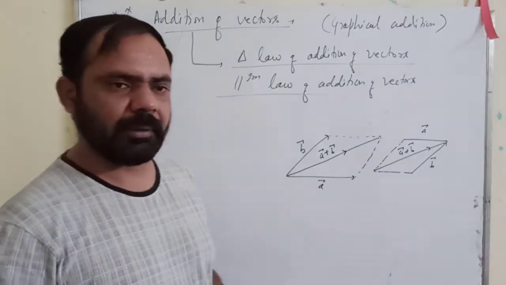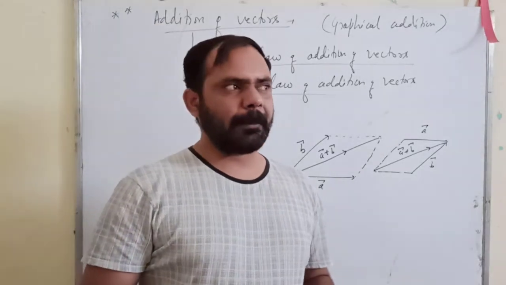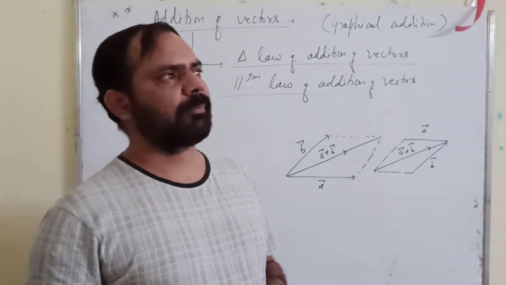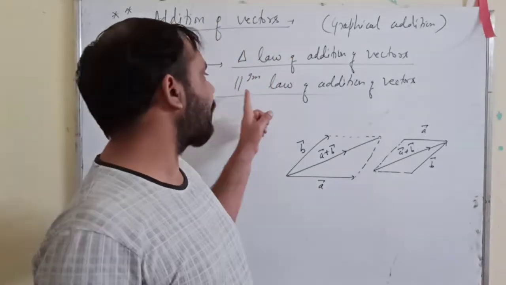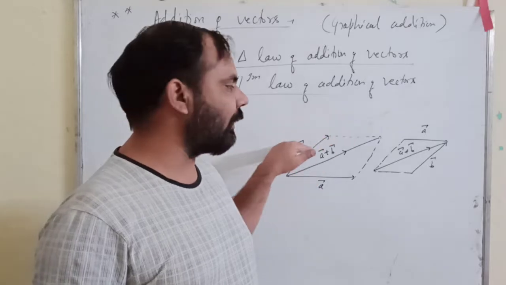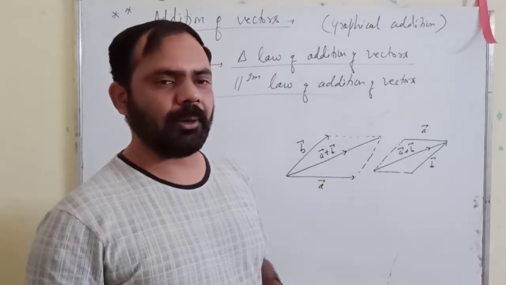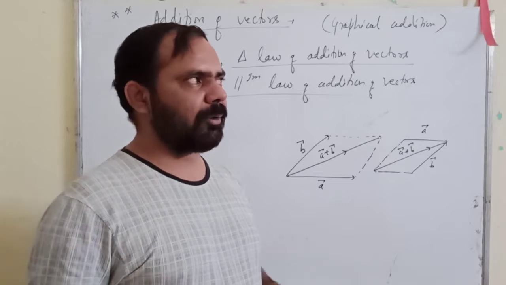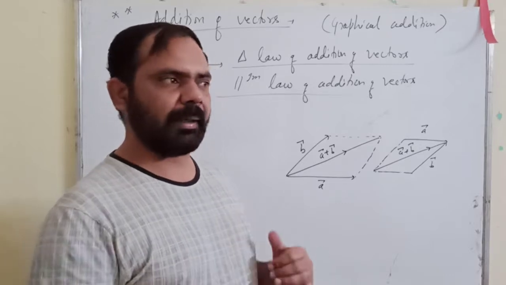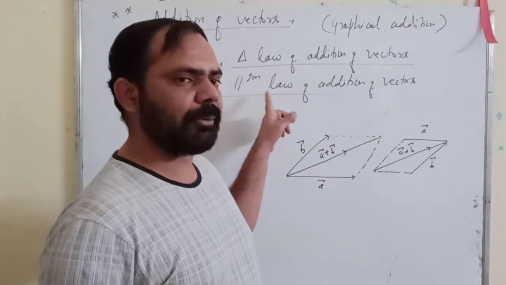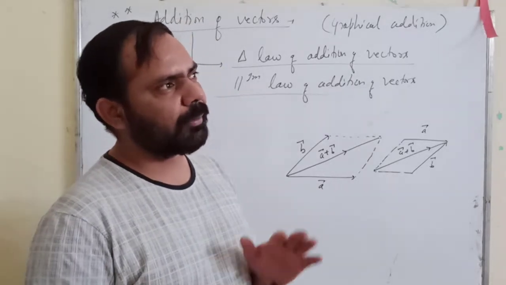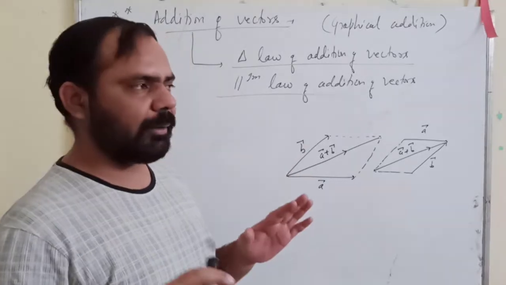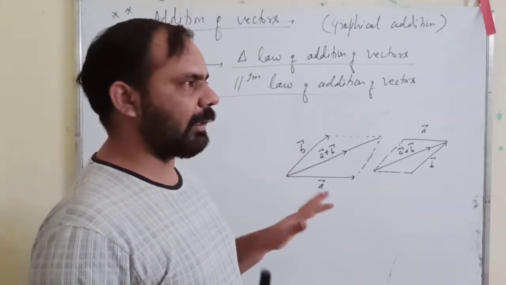So now the law. Excuse me, sir. Yes? Sir, can we draw any diagonal? Not any. This is the parallelogram law of addition of vectors. Only the parallelogram. This is a law. You cannot draw the diagram of your own choice. This is a law, and it states that it should be a parallelogram. No, sir, I'm asking about the diagonals. So there are two diagonals of a parallelogram. Not any diagonal, I'm telling you here.